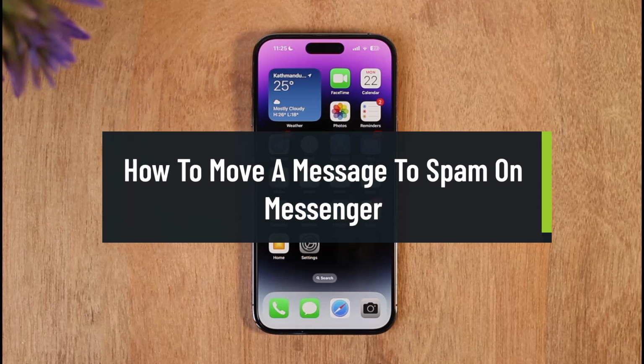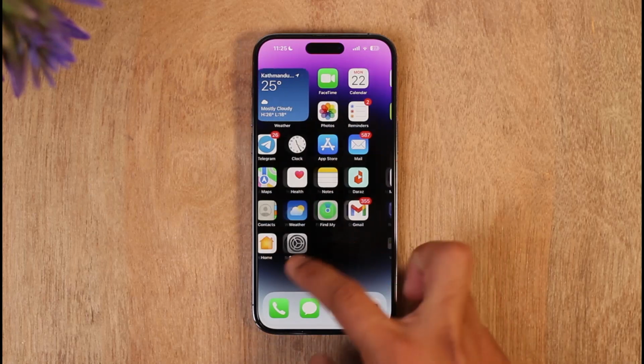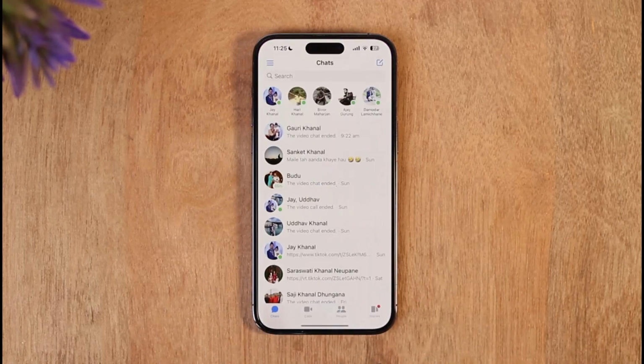In this video I'll guide you on how you can move a message to spam on Messenger, so make sure to watch the video till the end. In order to move a message to spam on Messenger, all you have to do is simply go ahead and open up the Messenger application. Now this function might not be working correctly because sometimes the message will just pop back